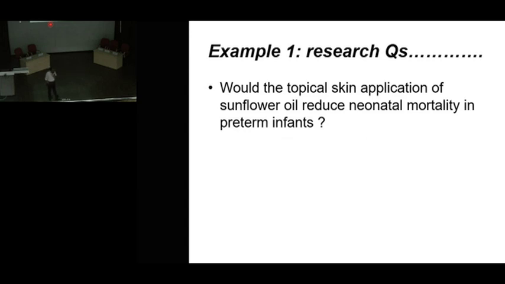Sunflower oil. All right, so sunflower oil is an exposure. Because you wish to compare and you want to know whether sunflower oil reduces, you can't get that answer unless you also have a comparison group where sunflower oil is not being used. So the question could be that you use nothing,